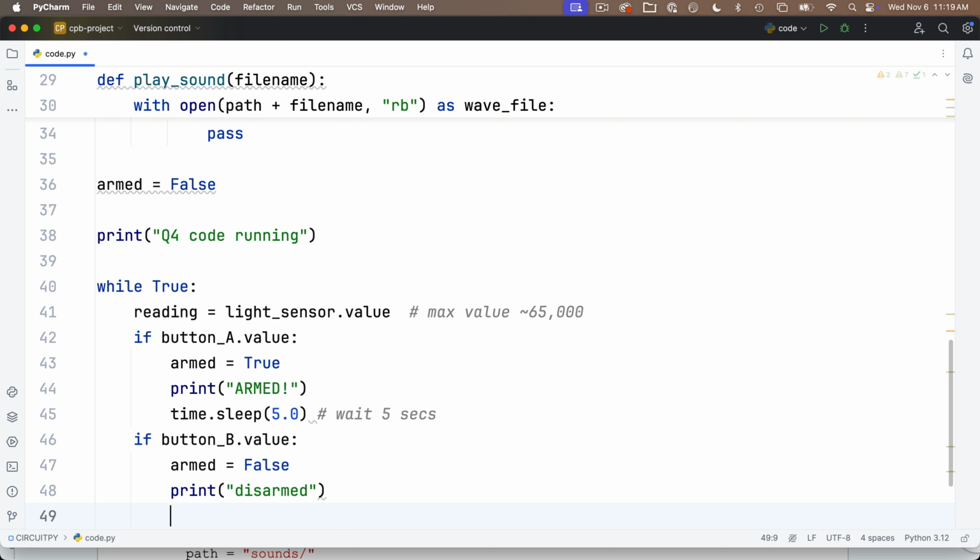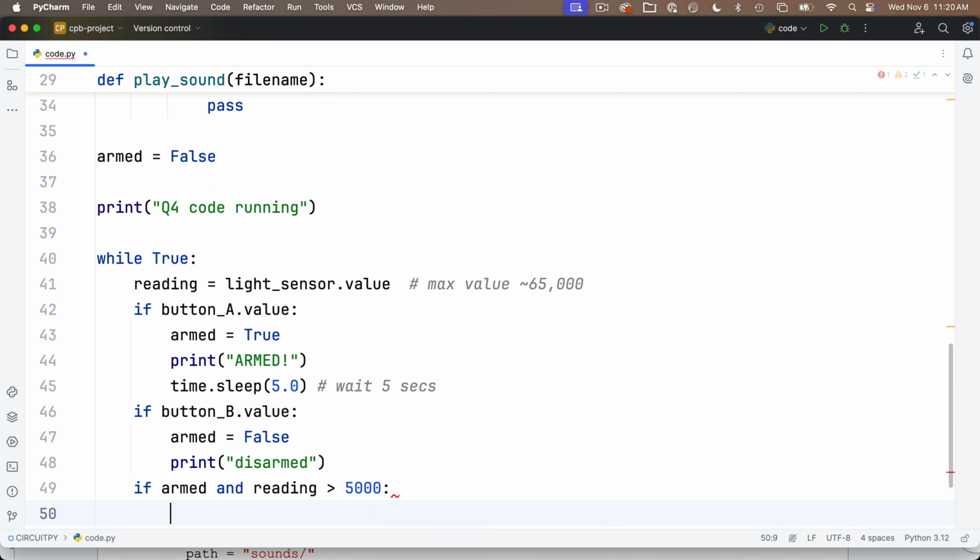But now how do I react when I get the reading that will trigger the alarm at a point when the alarm is armed? Well, I can say if armed equals True and reading is greater than, I think I might have said 6,000, I used 5,000 here, colon. Either of those will work fine. And also remember, when I say armed equals True, we're essentially saying, if a true/false value equals True, I can get rid of the equals True. That essentially says if armed is True, if I get a true value here and the reading is greater than 5,000,